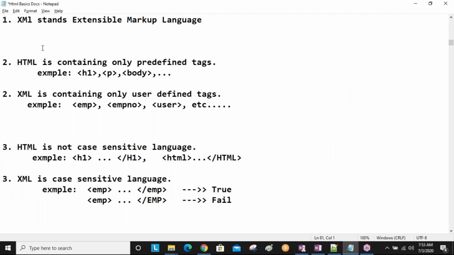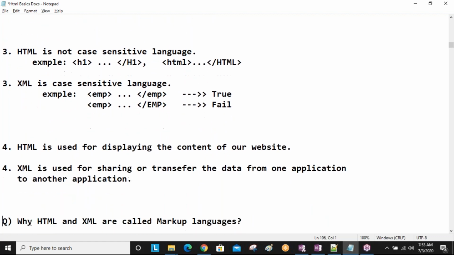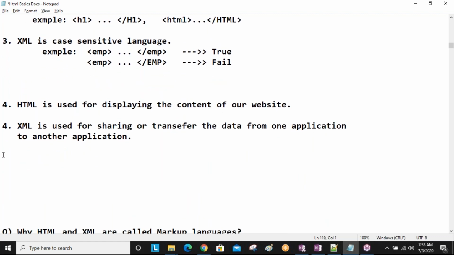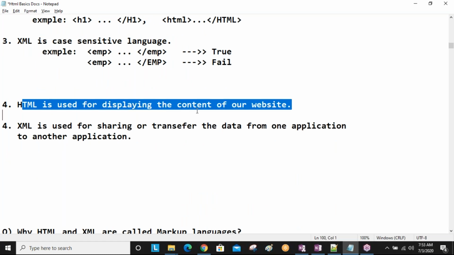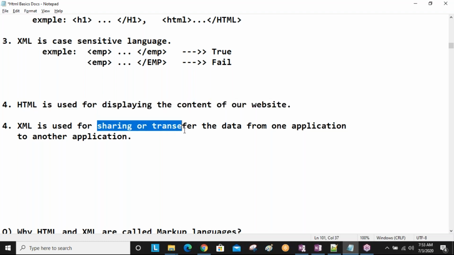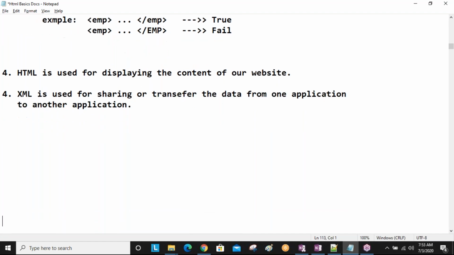So come on, tell me, what are the 4 differences? Here also I'm maintaining that HTML is used for displaying the content of our website. XML is used for sharing or transferring the data from one application to another application. So total differences.